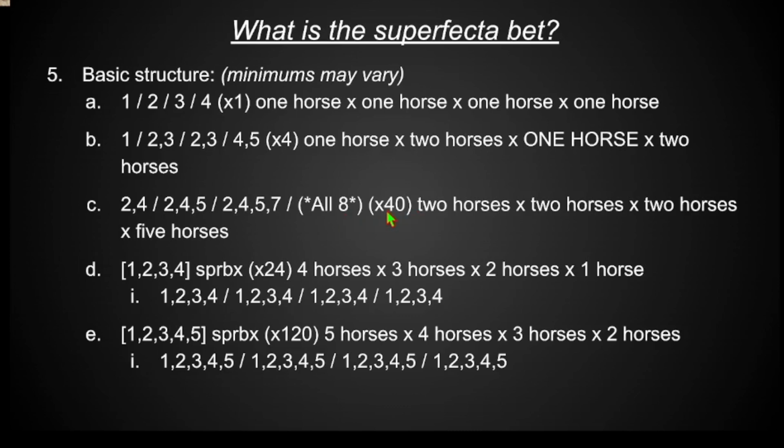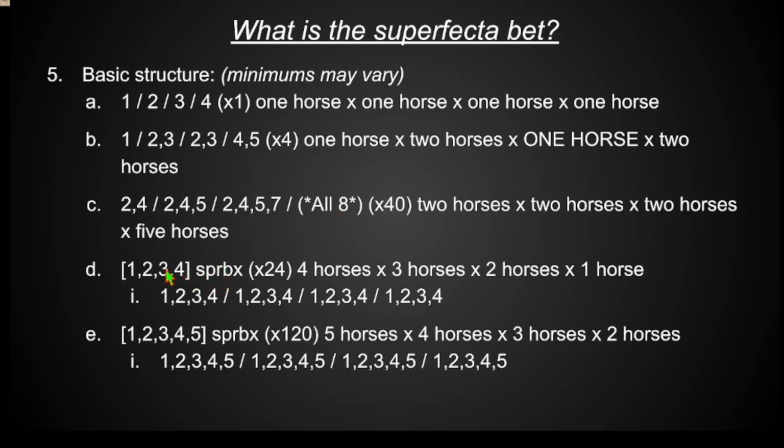That's a multiplier of 40 if you have 8 horses in the race, barring none of them scratch. So that would be a $4 bet for a 10-cent minimum. But then you would need the 2 or the 4 to win, 2, 4, or 5 to run second, 2, 4, 5, or 7 to run third, and then all 8 in the last place slot. So you would have that covered, but that does amp up your multiplying effect. So I would only use that if you felt pretty good about first, second, and third place finishers.